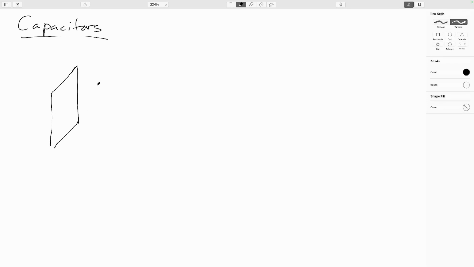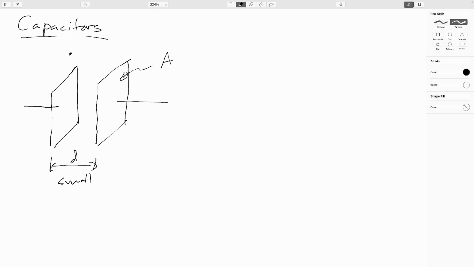Here I'm just imagining a couple of metal plates. And the spacing between the plates is small compared to the dimensions of the plates. We'll say this separation is D. We'll say the area of the plates is A. And then somehow, usually by hooking up a battery or something like that, we move charges around such that